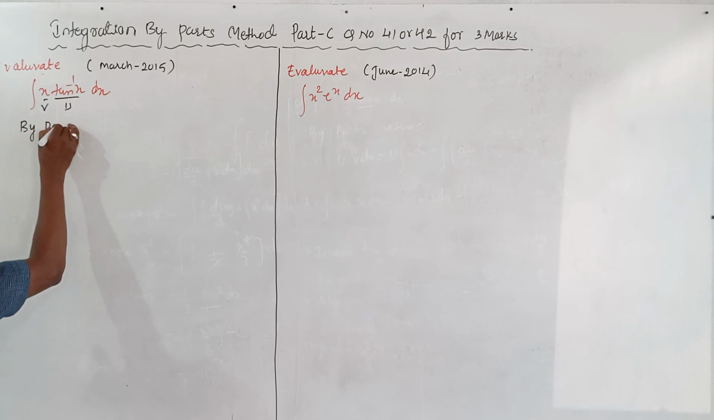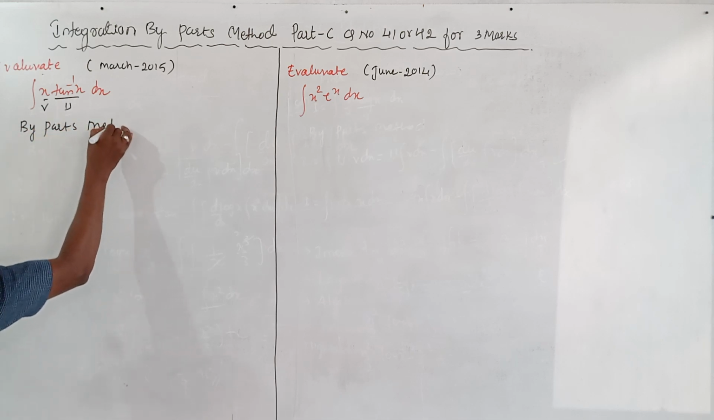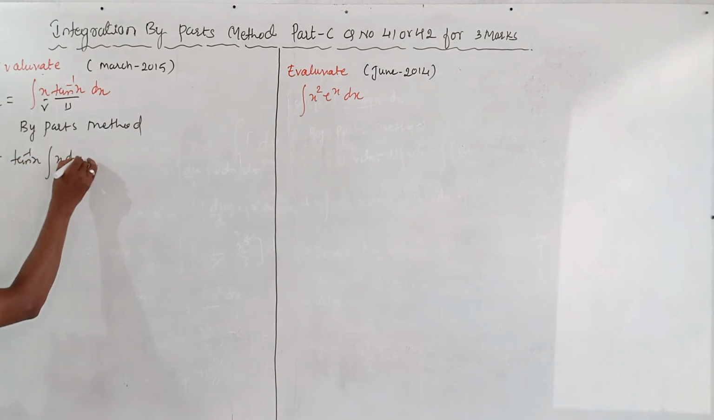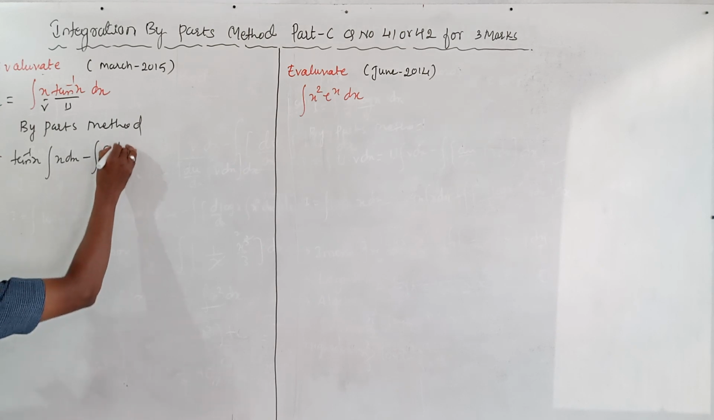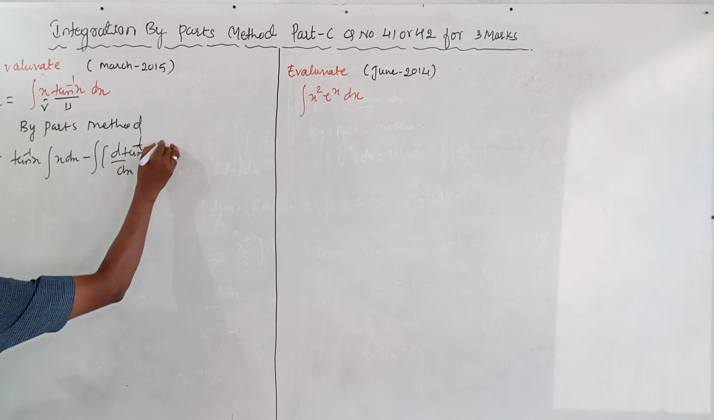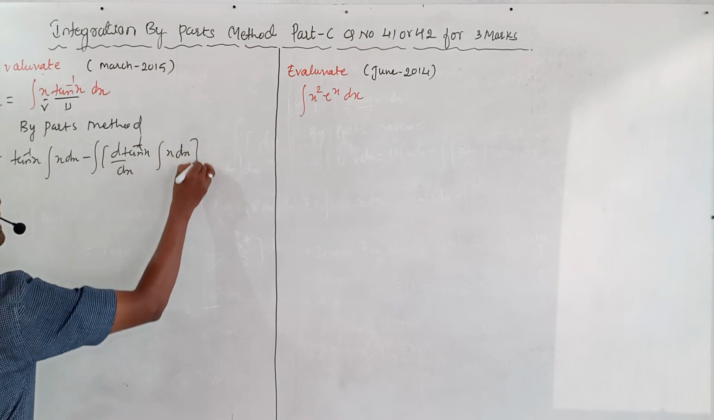I am not going to write the rule here. I am doing it directly now, by the parts method. What is the function? I is equal to tan inverse x as it is, integration of x dx, minus integration of the derivative of tan inverse x with respect to x, integration of x dx, whole bracket